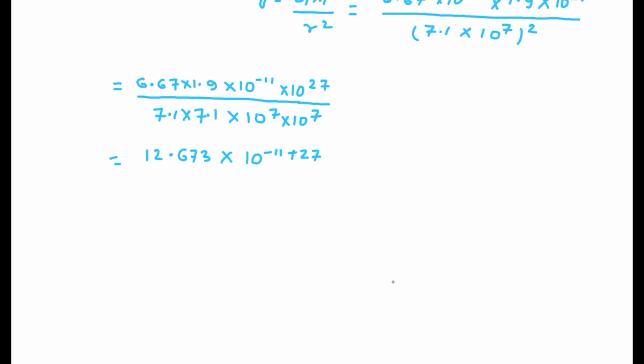We all know the rules of indices, that is x power a into x power b, then it becomes x power a plus b. It is the rule of indices. So it becomes minus 11 plus 27, and multiply this 7.1 into 7.1, so it becomes 50.41, and here